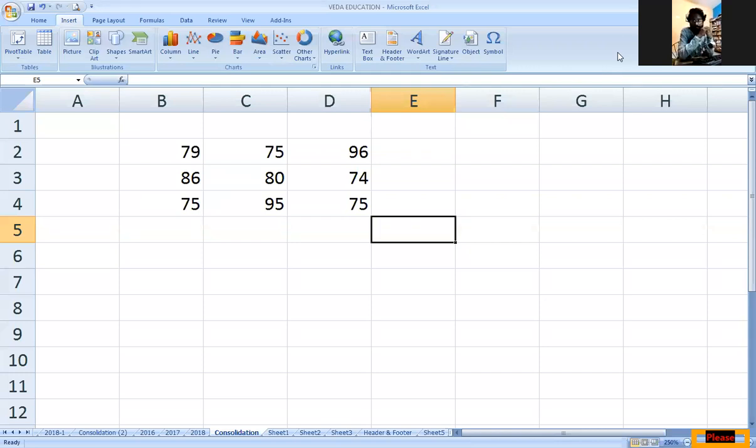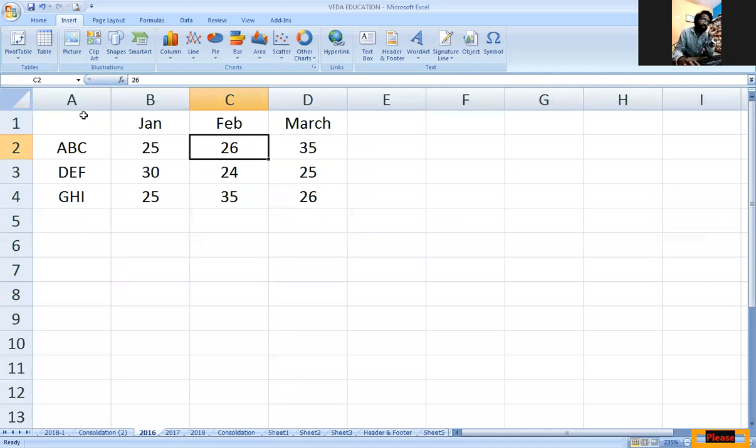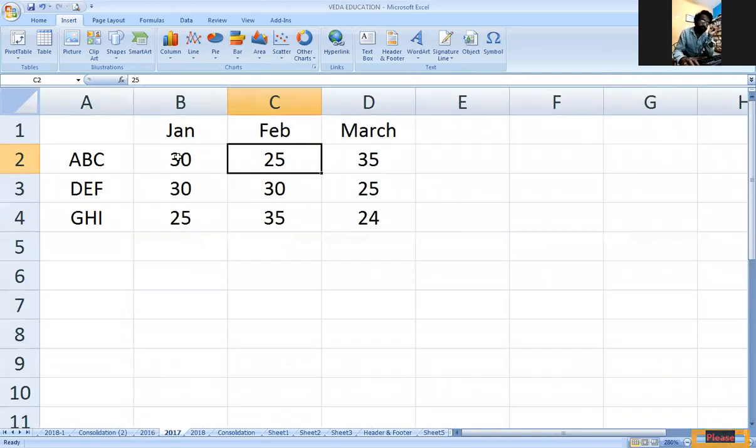There is a limitation for this regarding the consolidation. I told you that the data should be in the same position. If you apply the formula like this, equal to sum, the data range should be the same. But even if you are placing the data in different places, you can manage the data consolidation. But how can you do this data consolidation? By various places is the thing you need to learn now.